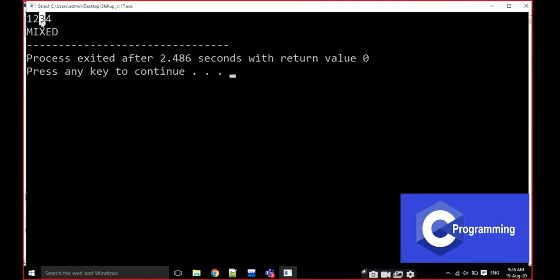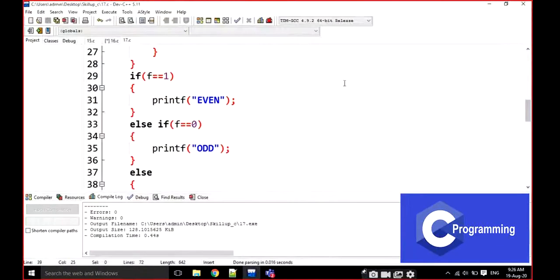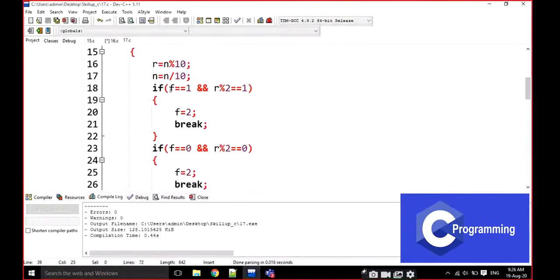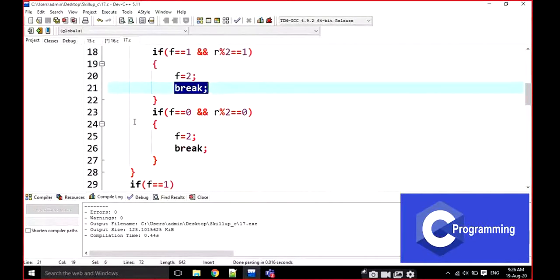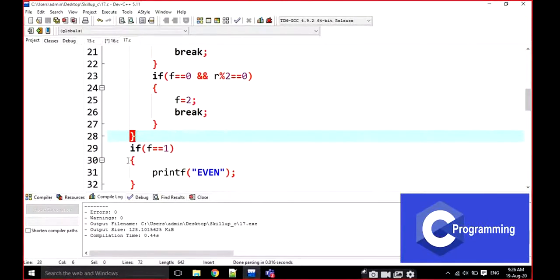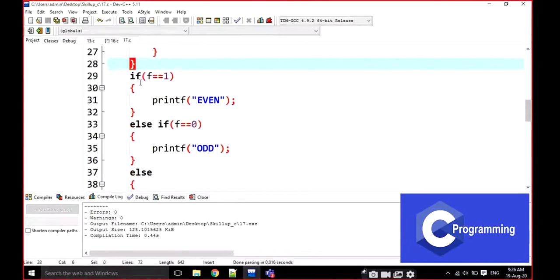The number is even, but the digit is odd. Then it becomes f is equal to 2 and breaks the loop. When break occurs, the control automatically goes out of this loop. Then it is going to check whether f is equal to 1 or f is equal to 0, like this.